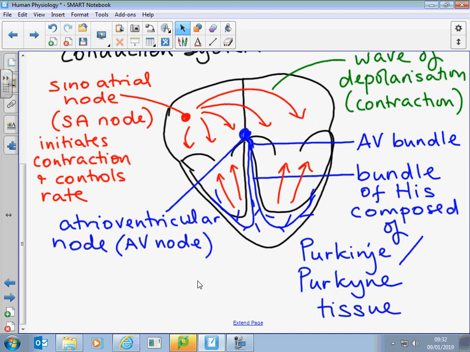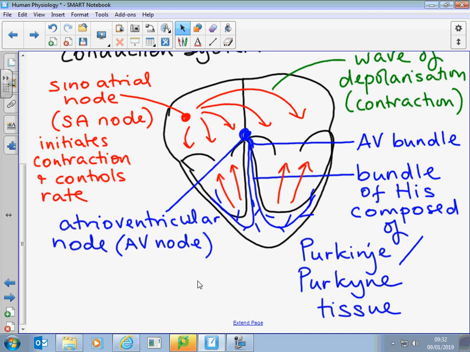I used to have a rather peculiar little shortcut in my conduction system, so that when the atria had contracted and the wave of depolarization had gone to the bottom and then come up to the top, up the ventricles, it would then immediately short circuit round and go off again, and it would cause an incredibly fast heartbeat. So my heart would go, I think my personal best was 235 beats a minute. And you can't count that, I only know that because I saw it on an ECG machine.